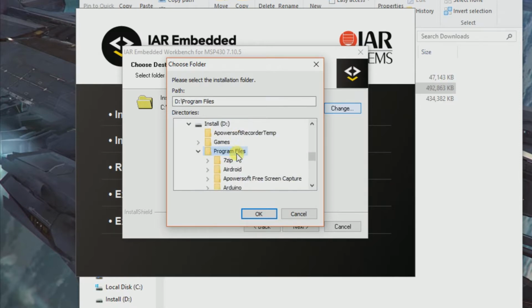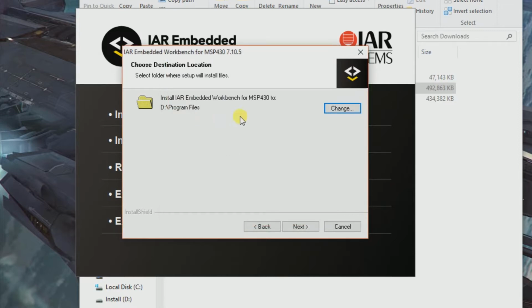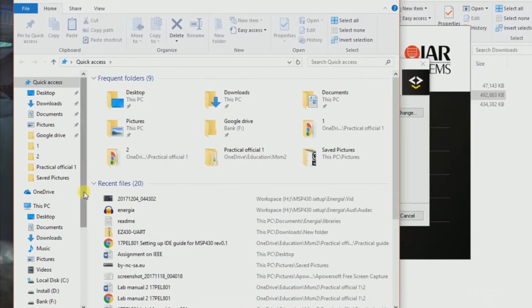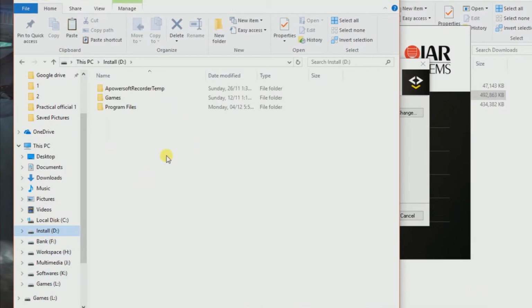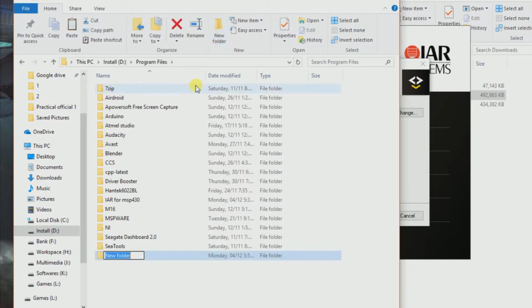Let's create something. Looks like we can't create a new folder here. It's too bad. Okay, let's click OK. That's too bad either. Alright, let me go to the install directory and create a new folder called IAR